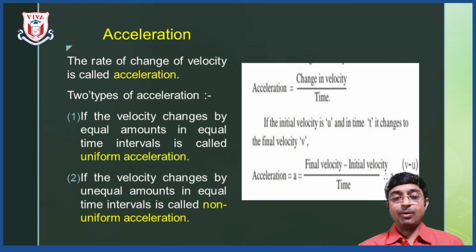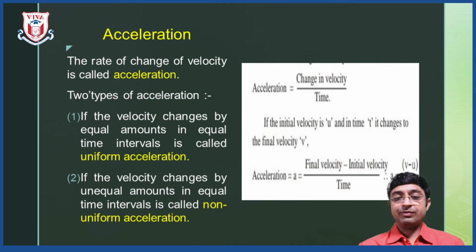That's why in symbolic form, acceleration a is equal to final velocity v minus initial velocity u upon time t. Clear? If we substitute the units, the SI unit of velocity, which we already learned in the previous point, is meter per second. Again divided by time, the unit of time is second. So meter per second again upon second, so two times upon seconds. That's why the SI unit of acceleration is meter per second square.